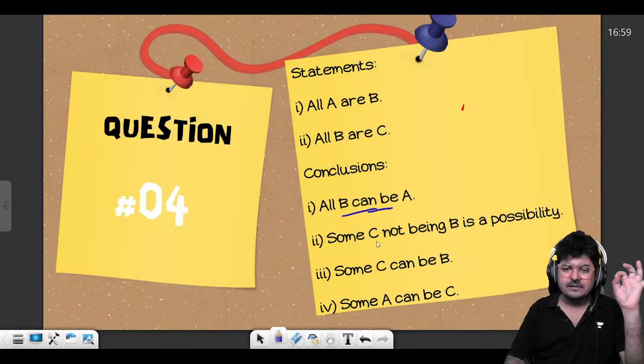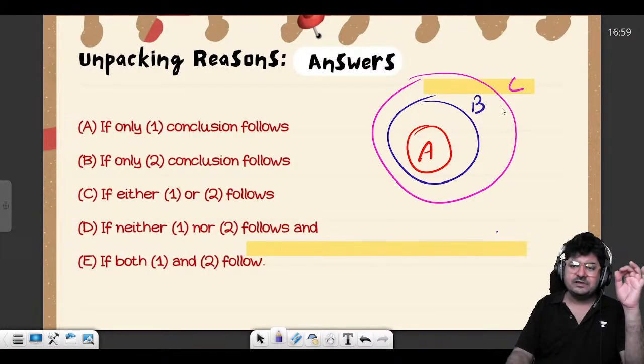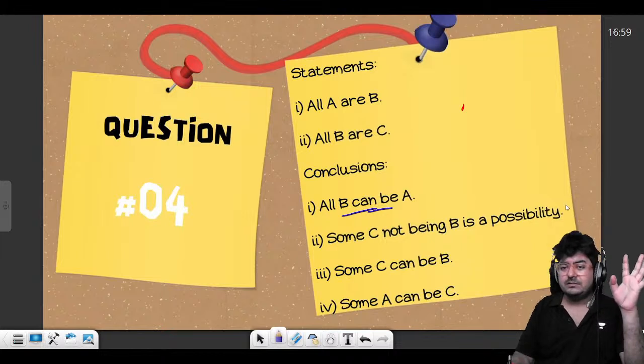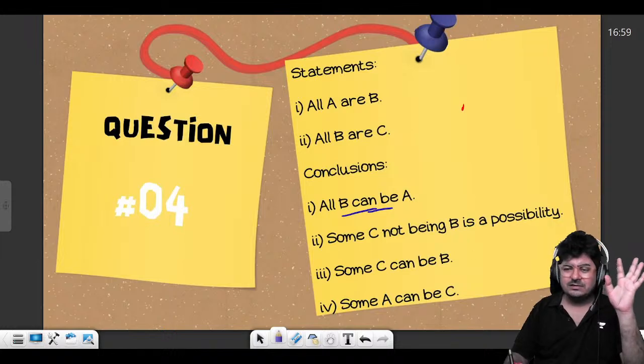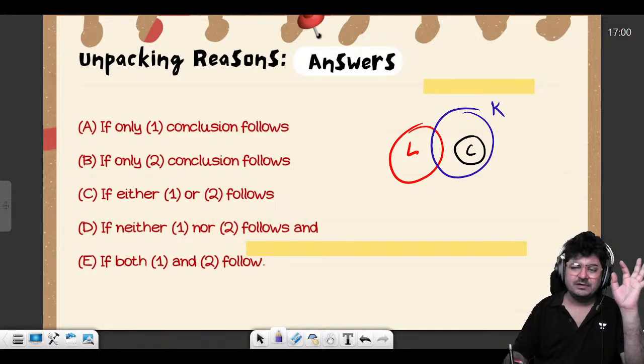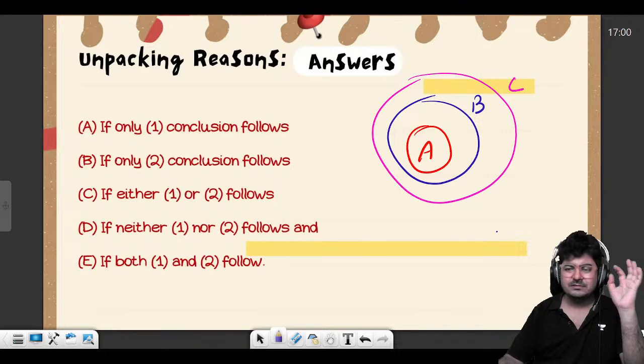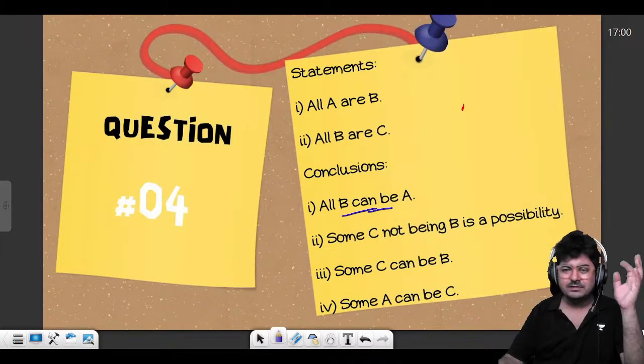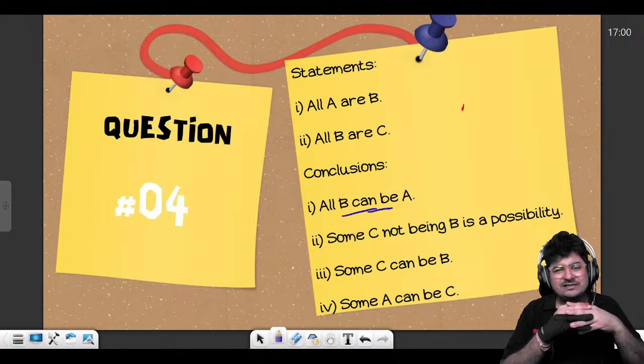Moving ahead. Some C not being B is a possibility. Do you think, based on the given information, it is a possibility or a fact that some C are not B? It will be a possibility or a fact. Why? If the circles of C and B coincide then